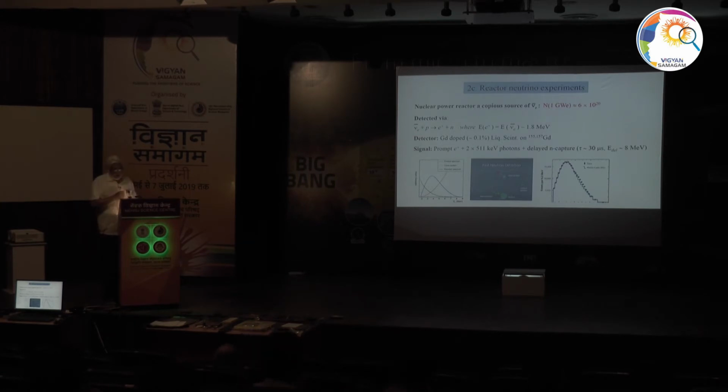Gadolinium has a very large cross section, at least two isotopes of them. With a small amount of gadolinium, you can capture the neutrons, and that typically produces an 8 MeV signal. So that high energy delayed neutron signal can be used to kill almost all the background, and therefore you can